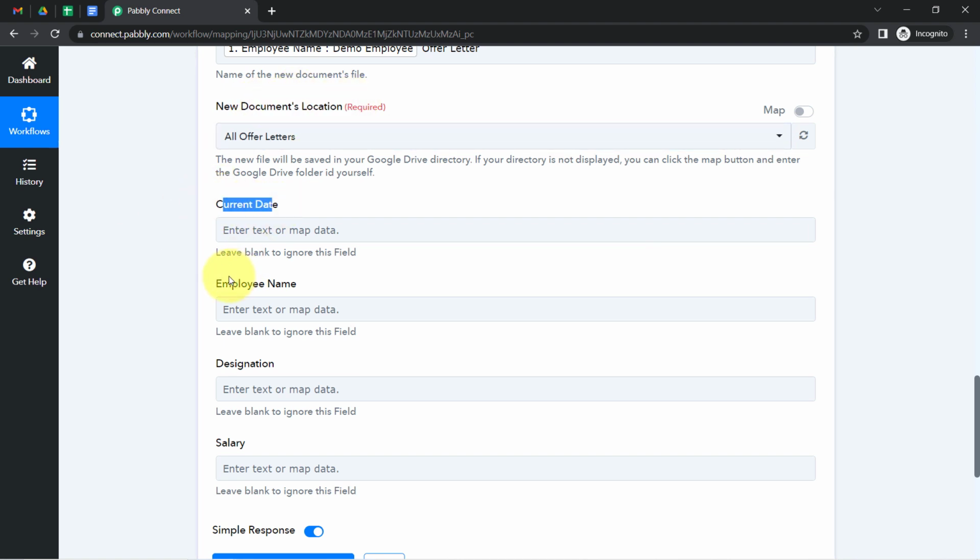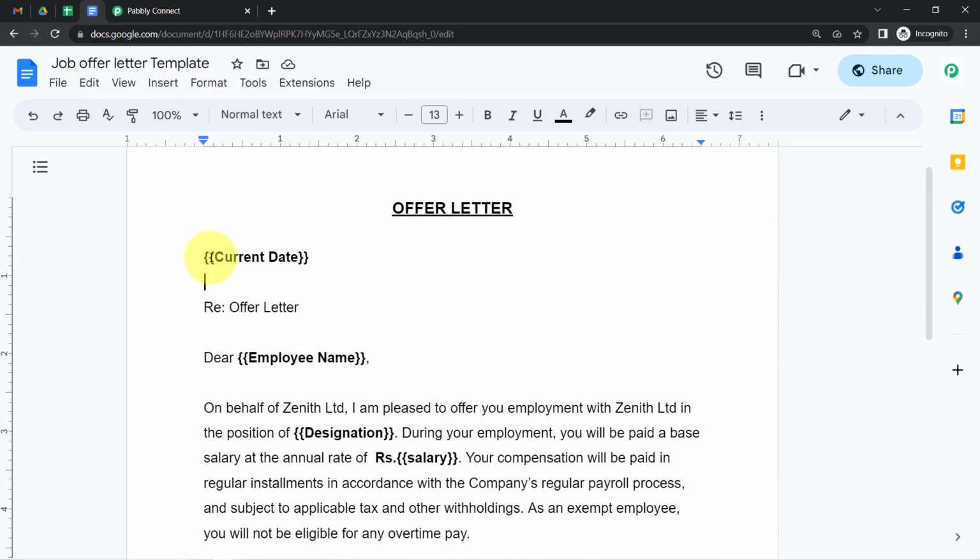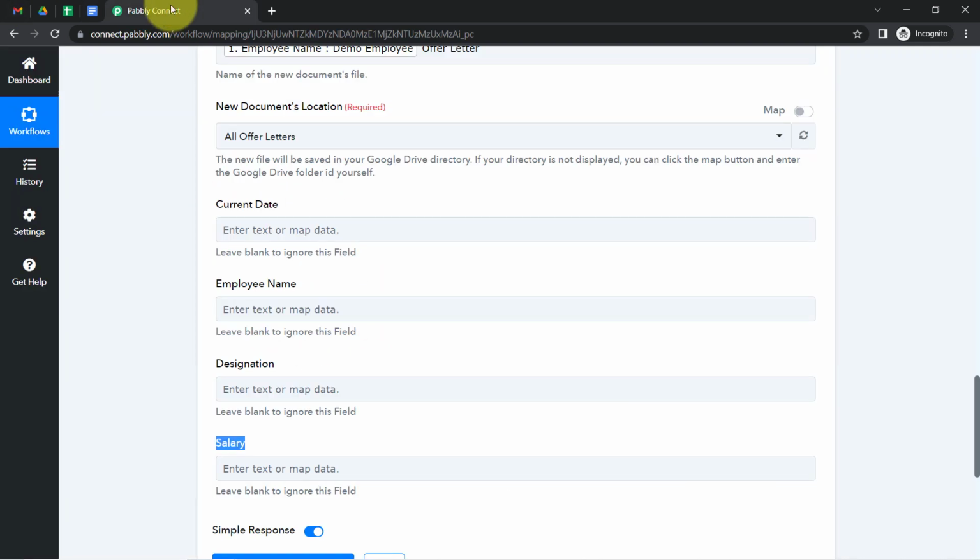asking for the current date, the employee name, the designation and the salary. Okay, so where has this data come from? Remember, we have added these things in the form of variables. So that is why it is picking up these variables here in Pabbly Connect. We just need to provide the details, and this is how this automation is going to take place,